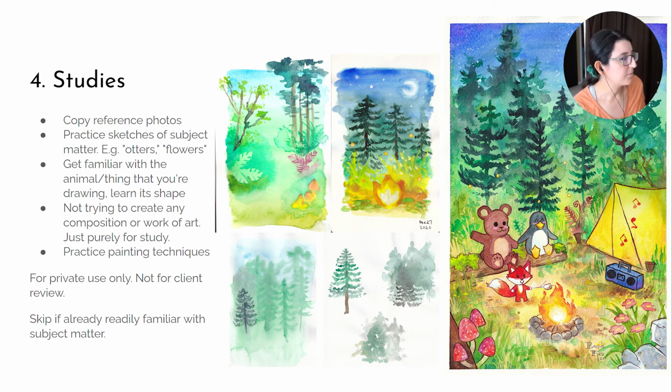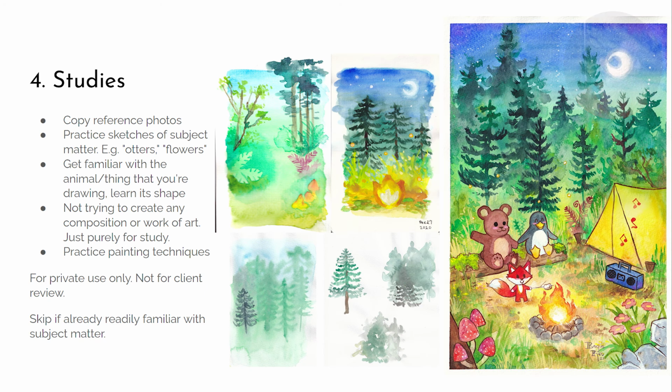I also kind of experimented with how to paint or articulate quickly some foliage. I also experimented a little bit with how to indicate the moon to make it glow. I tried some different techniques that didn't quite work out right, so I ended up using something different for the final. So that's kind of what this phase is for. This is like you're doing some practice and experimentation and study of your subject matter so you can better understand it for the final.